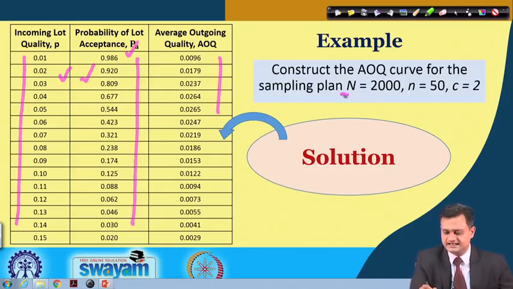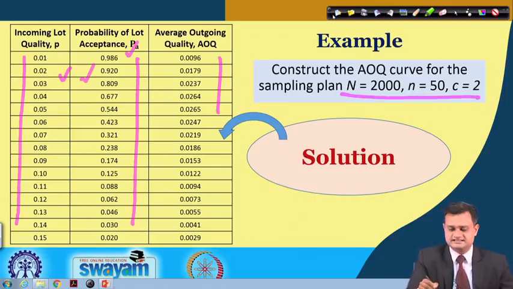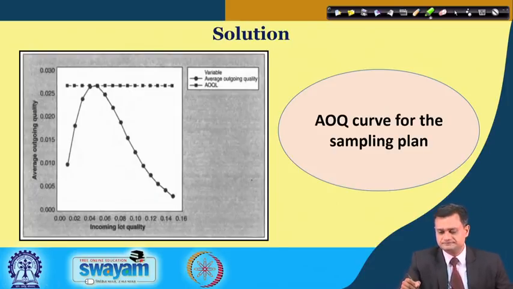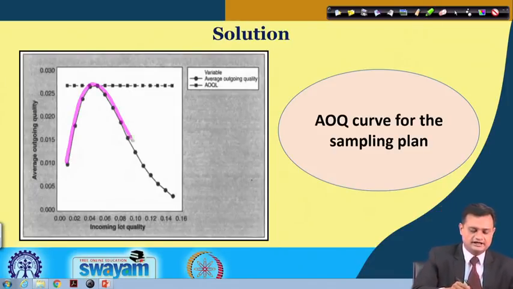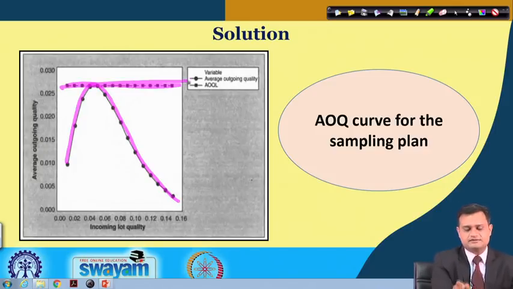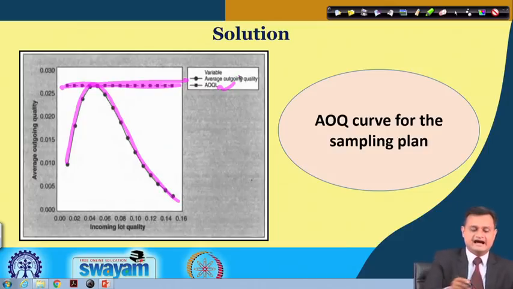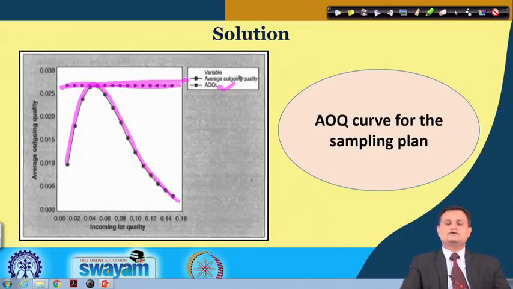So you have basically N is 2000, n is 50 and C is equal to 2. So with this data set, you can plot the average outgoing quality curve, and what you see here is a maximum. So average outgoing quality limit, AOQL, is the highest level that will be passed